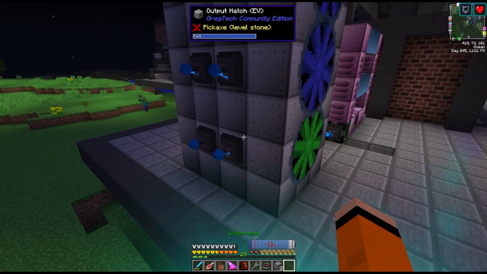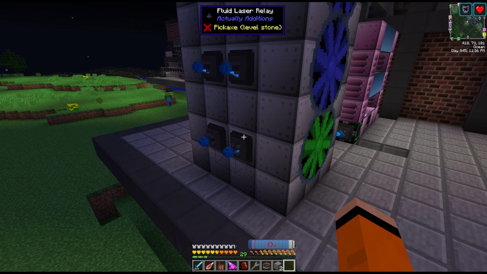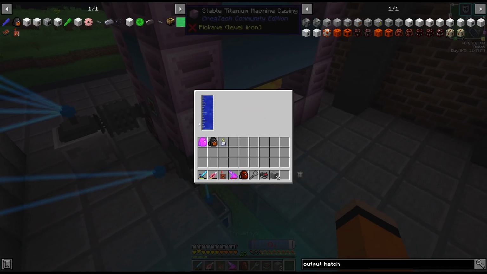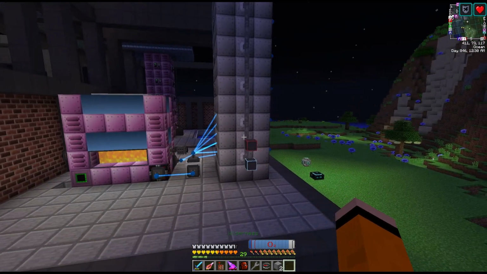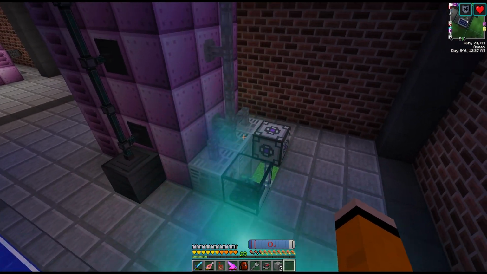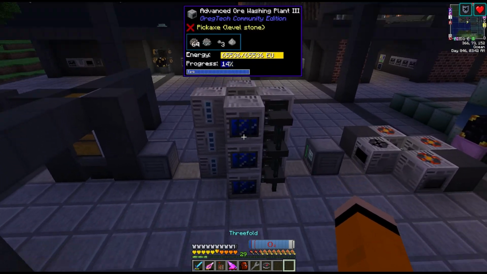These actually do output a water byproduct on their output hatch, so I did hook up some fluid laser relays to 2 of these things, and that seems to keep this input bus full of water at all times. So yeah, I think our power situation is going to be sorted for the foreseeable future. This combined with our diesel generators here, we're producing a lot of power. So this means that we can expand our ore processing even more, and we got all these machines running